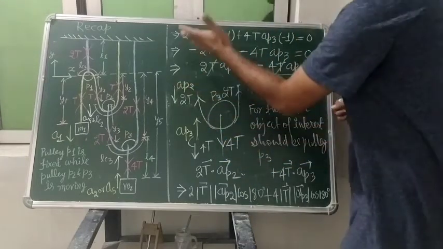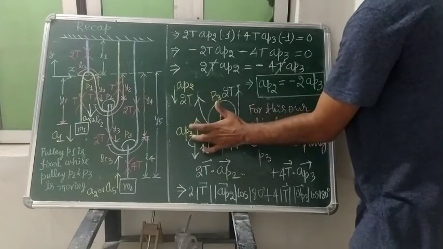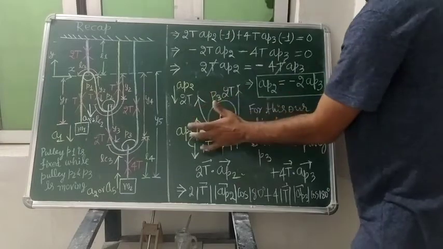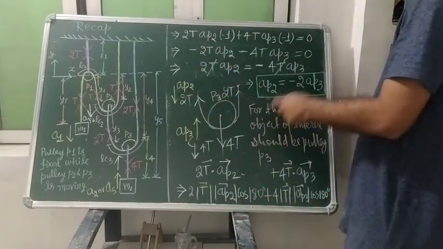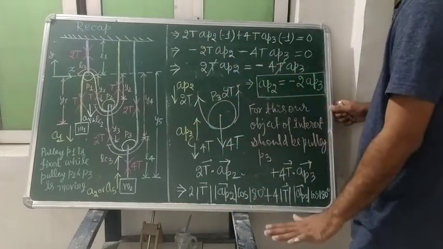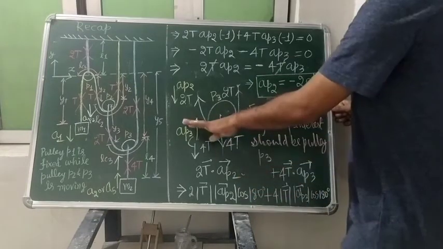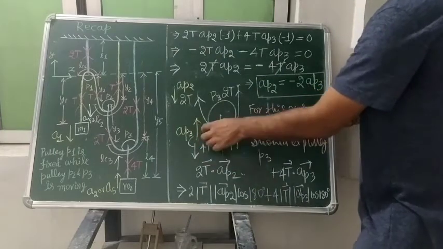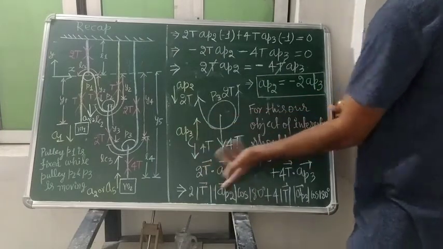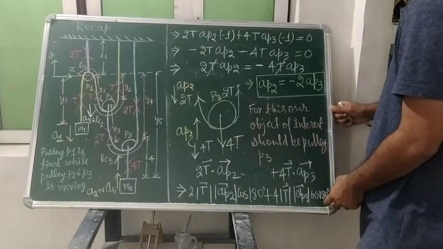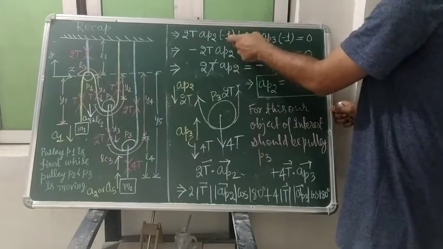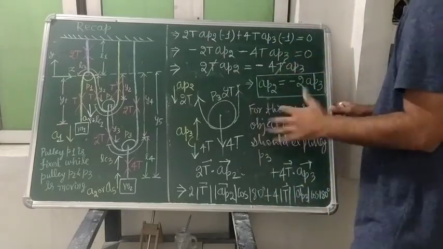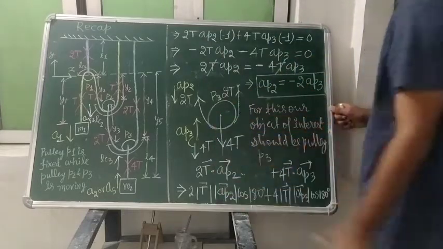If you have assumed AP2 in the downward side, it will not be in the downward side, it will be in the upside, it will be downward side. This expression is telling this. And when you select this AP3 in the downward side, of course here the angle between the 40 and AP3 will become what? 0 degree. So when you put 0 degree here, it will become positive. This minus side will go to the other side, and no negative sign will come, it will become positive. That will tell us that your assumption is correct.